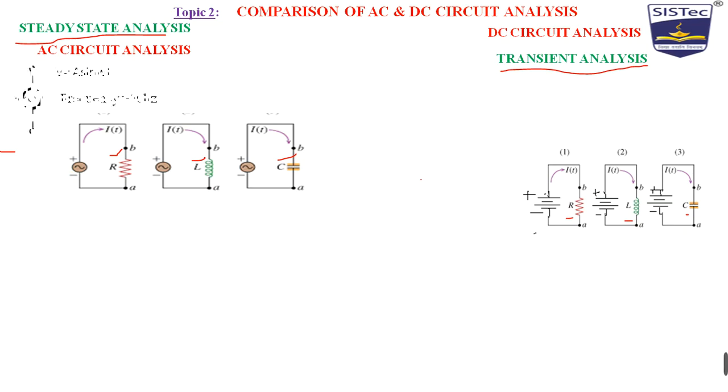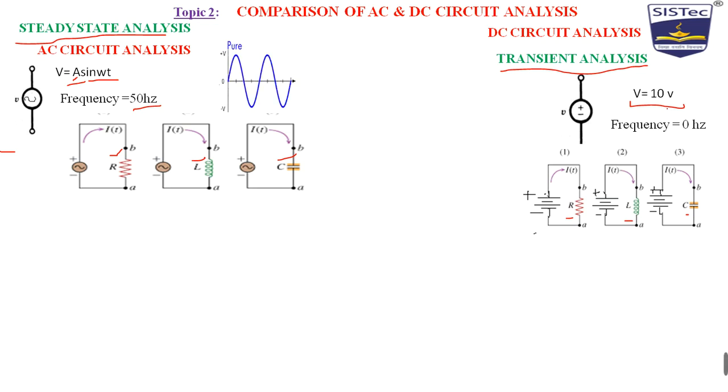Okay. So, what is the AC source? Again, I would like to tell you this AC source is not a constant. It is A or 10 volt multiplied with this sine function mathematically, and frequency is 50 hertz. And what is the DC source? It is a constant. In all other terms, AC source is a sinusoidal waveform and DC source is a constant. You can represent in this way. So this is very clear to you which type of current is entering now from the AC side and which type of current is entering now from the DC side.